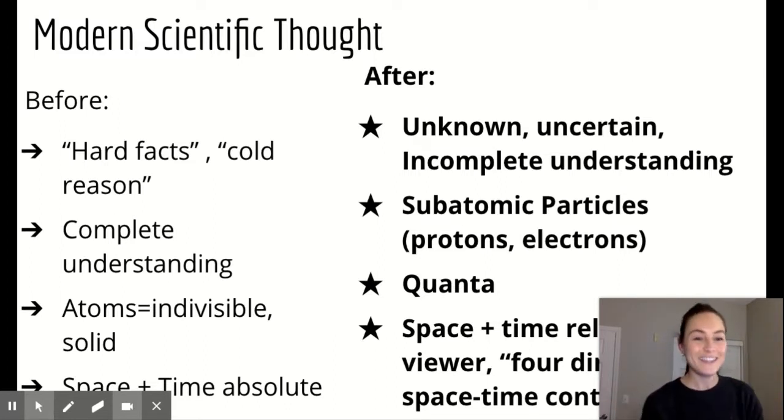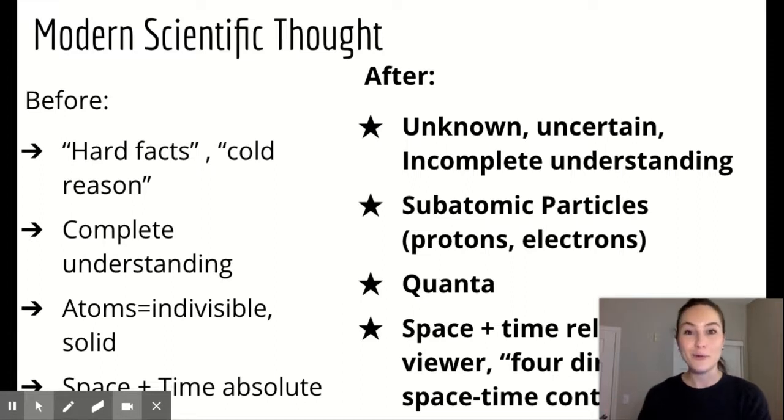But then, of course, in the late 1800s, new knowledge is going to be revealed, and that's going to really shake people up. What we're going to see as a trend, not just through scientific thought, but through other things as well, is that modernity creates anxiety. New modern ideas create anxiety because they open up the door to show Europeans what they didn't know.